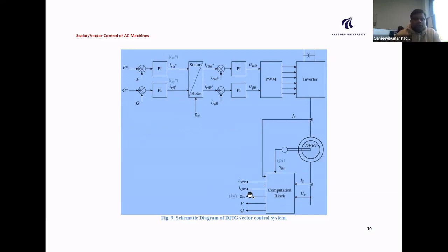Then the control algorithm: once we have all these parameters calculated, active power and reactive power serve as a reference, compared with the actual value we've taken from the calculation. This is the real value of the system under testing. Then put a PI regulator. So the PI regulator will give you a reference for IR alpha and IR beta, which can control active and reactive power of your DFIG.